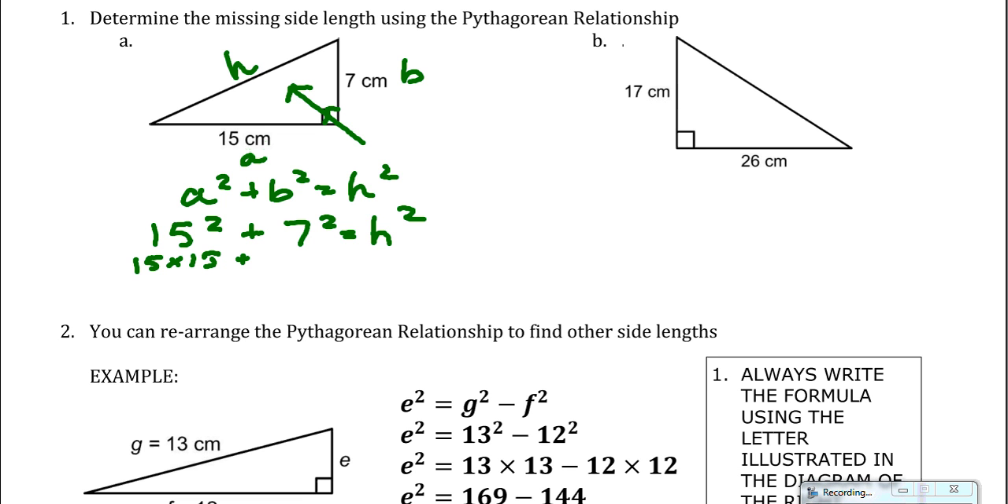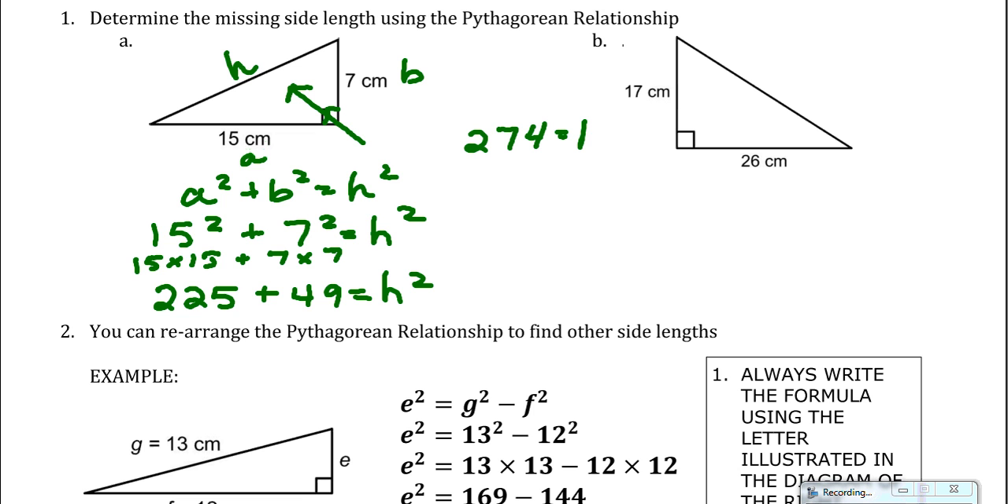And 7 squared is the same as 7 times 7. It is not 7 times 2, and it is not 15 times 2. So 15 times 15 gives us 225, plus 7 times 7, 49, equals h squared. I'm going to have to continue this up along the side. So now I'm going to add them. And so 225 plus 49 gives me